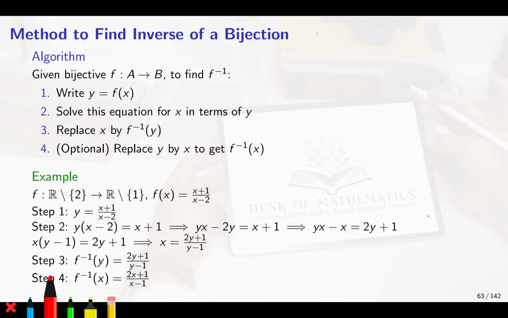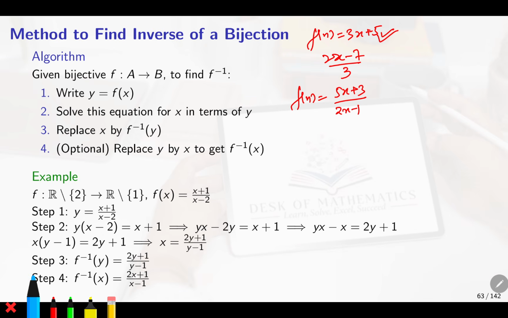Okay, the same thing, f of x is equal to 3x plus 5. Show that its inverse exists, first one-one and onto. Similarly, they will give 2x minus 7 divided by 3, from R to R. They may give f of x is equal to 5x plus 3 divided by 2x minus 1. So what will you do actually? First you just put f of a is equal to f of b and show that a is equal to b. Simple. Then take any element from the codomain,